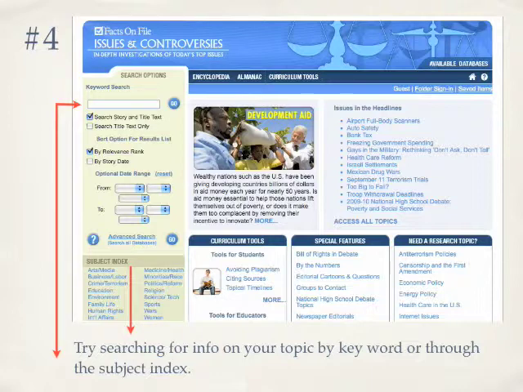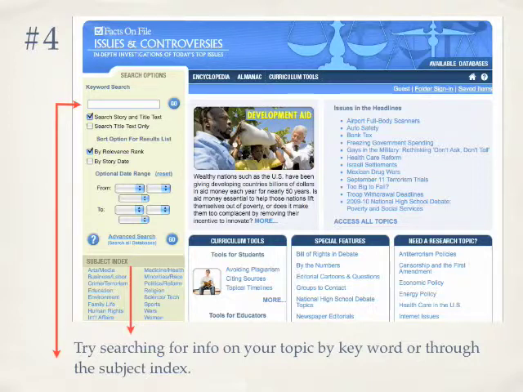And again, this is just a really in-depth resource that offers all sorts of articles from magazines, journals, books, top news stories on each of your topics. And you can either do a keyword search, extraterrestrial life, or pornography, or vaccines, global warming, etc. You can do a keyword search here. Or you can look down at the subject index and search through there as well.